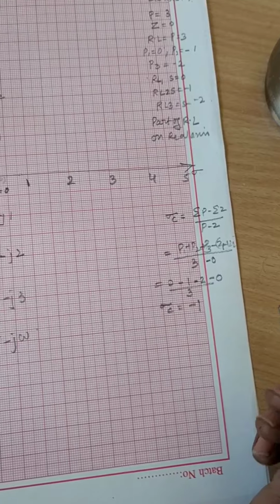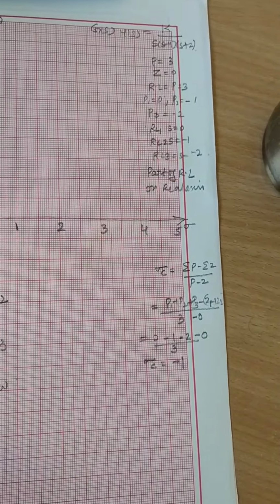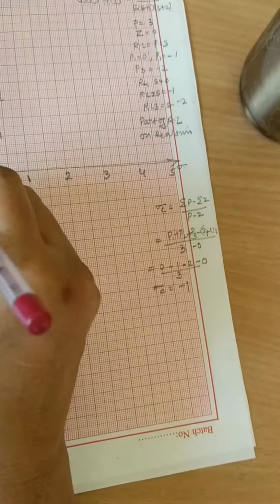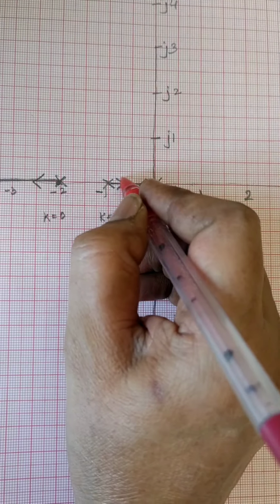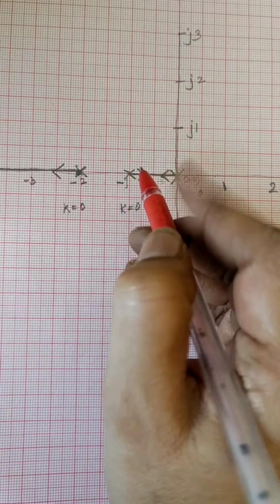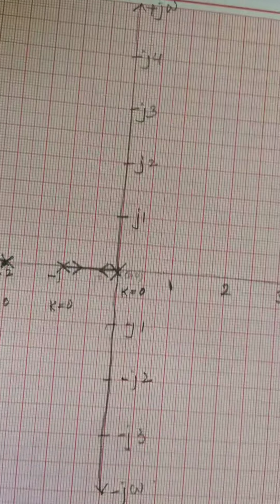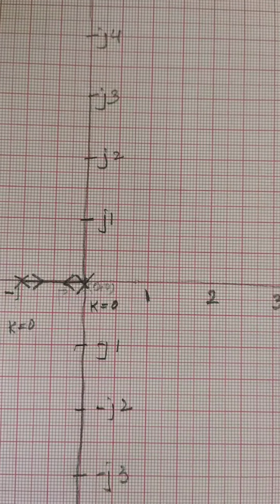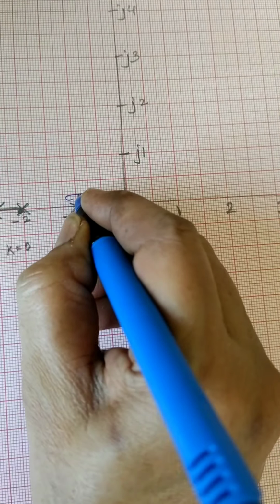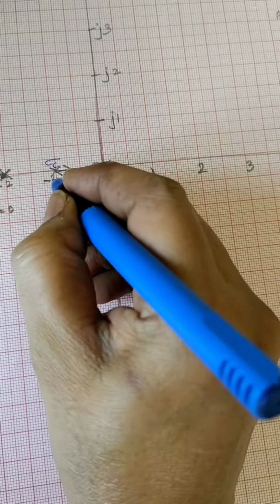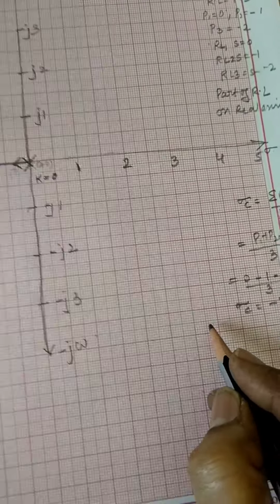Okay, so the centroid of the asymptotes is here. This is your centroid of the asymptotes. So I will indicate it with red color. You can see this is the centroid of the asymptotes. So this will be sigma c. It is not writing. So this will be your sigma c. The centroid of the asymptotes is sigma c. Okay, this will be your centroid of the asymptotes, minus 1. So this is minus 1. Now how many asymptotes are to be drawn? Number of asymptotes.